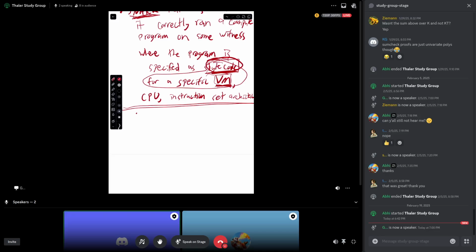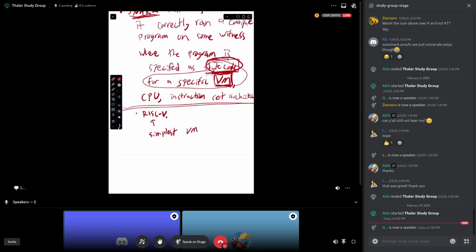Okay, so there's still quite a bit of diversity in the VMs people target. So for sure, the most popular at this point is RISC-V. I view RISC-V as just the simplest instruction set, the simplest VM that was designed by the computer architecture community. So there's existing infrastructure, there's existing compilers from like Rust to RISC-V, things like that. And so I would say the popularity of RISC-V is because it's the simplest